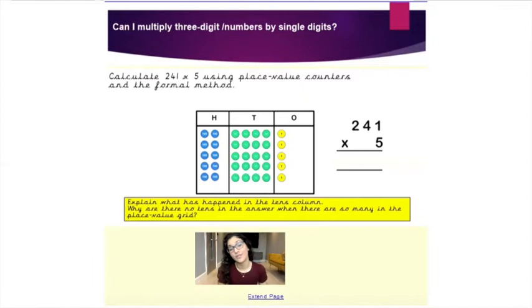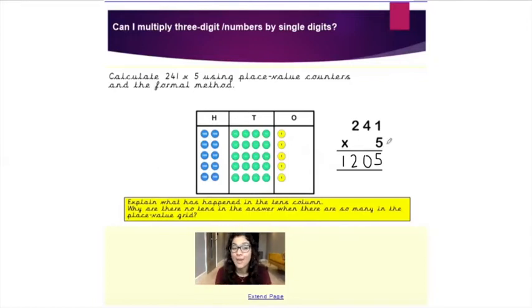Now try and answer this question here. Calculate 241 times 5 using place value counters, and you can use the formal method. So have a go at answering this, see what happens in the tens column, and pause now. Unpause to see the answer. Welcome back to the video. So the answer should have been